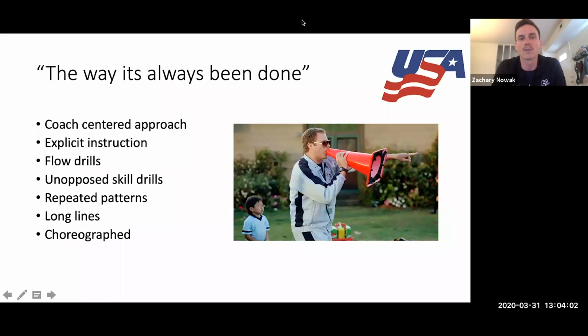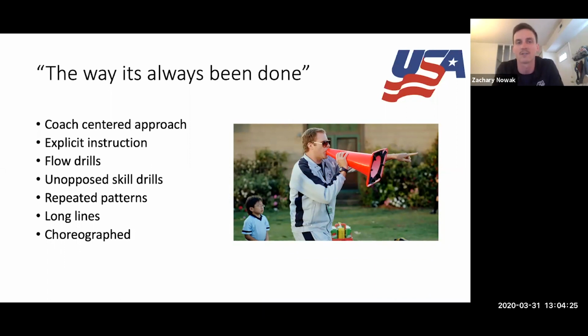So what I want to go over first is the way it's always been done, and the way even I started off as a coach. And it's not that any of this is wrong. These are my beliefs, but the way I started off was very much a coach-centered approach. A lot of explicit instruction. You go here, you do this.